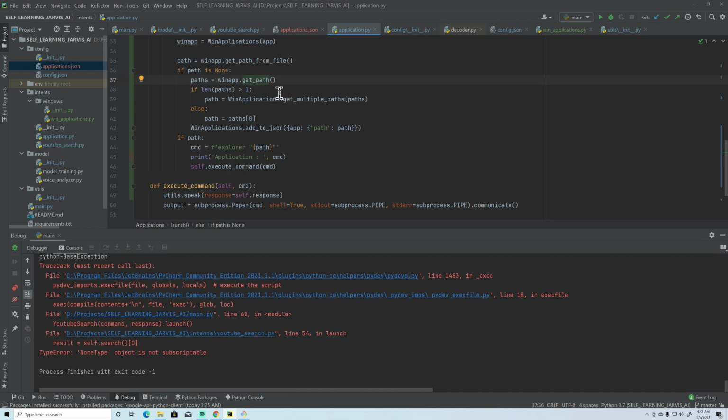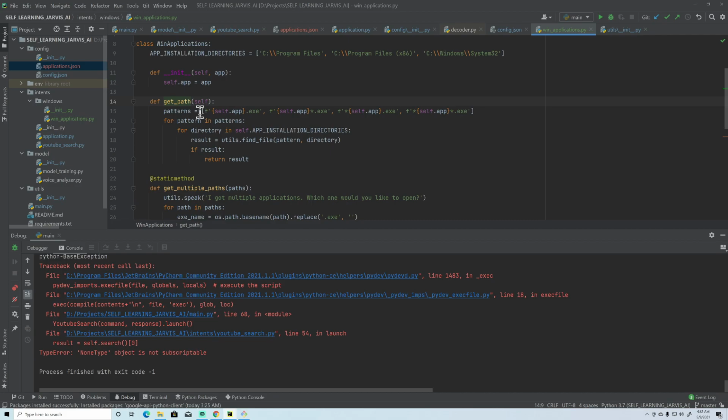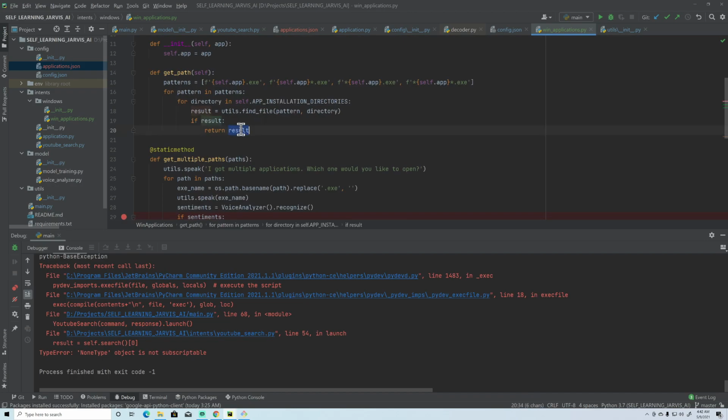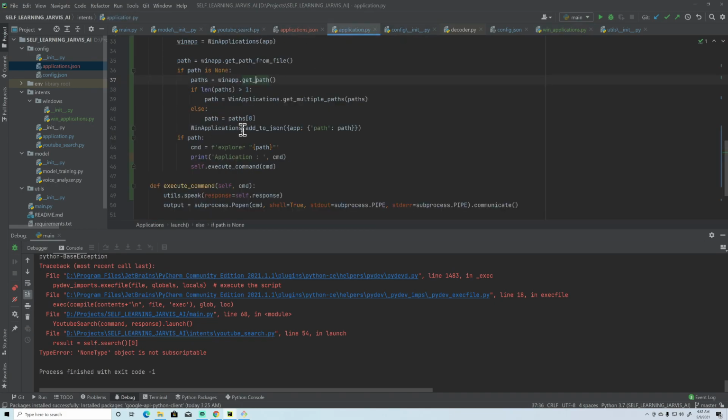depending on the regular expressions, right? So if I show you this again, here we have defined all the expressions and these are the directories where it is going to search, right? So it will return all the paths here, right? And when we get this, it will check whether it is a single path or multiple paths, right? If it is a single path, then it will just give the path and